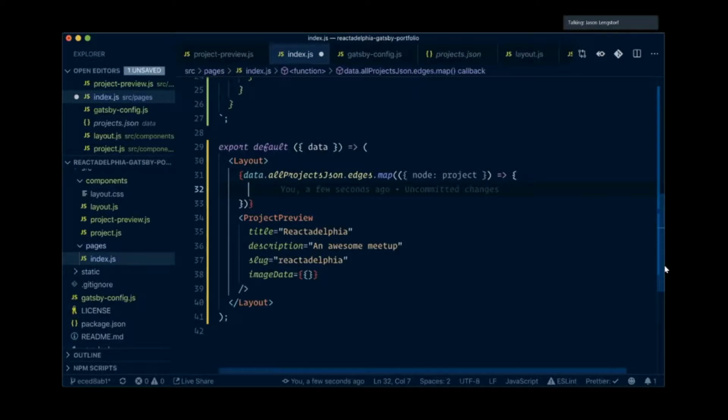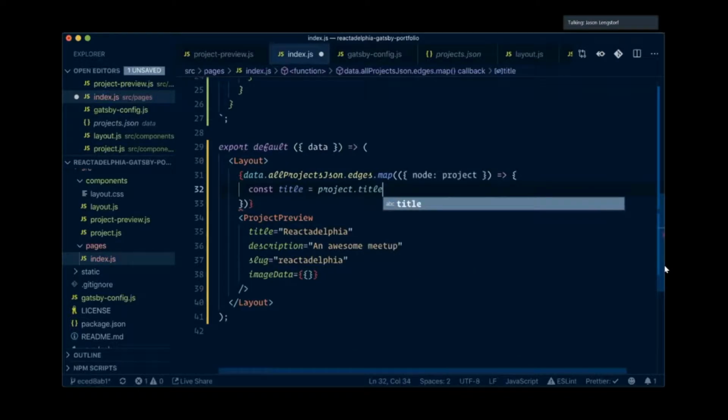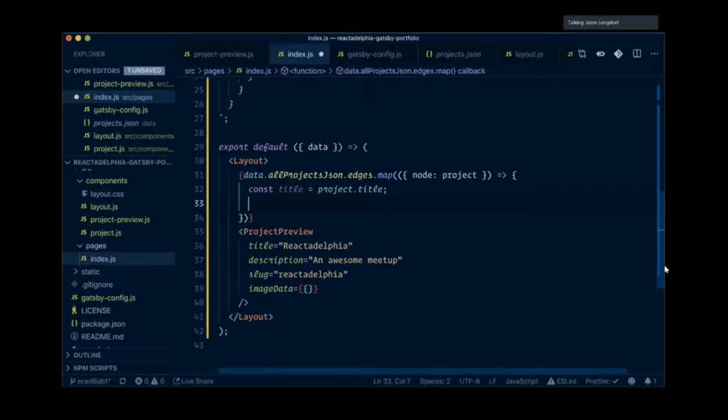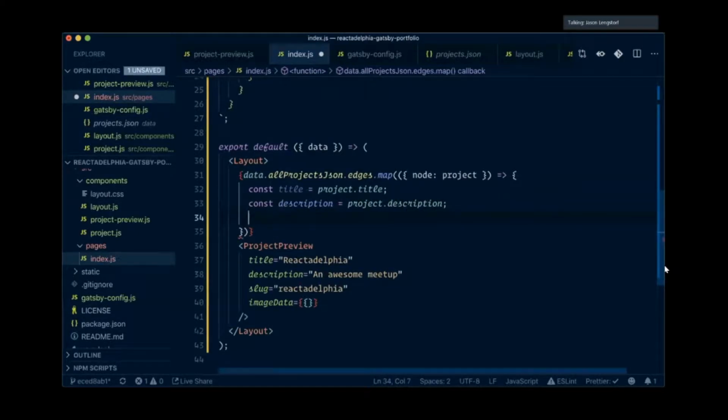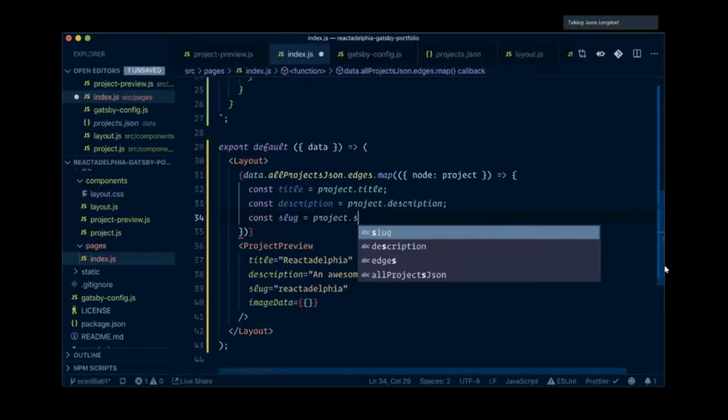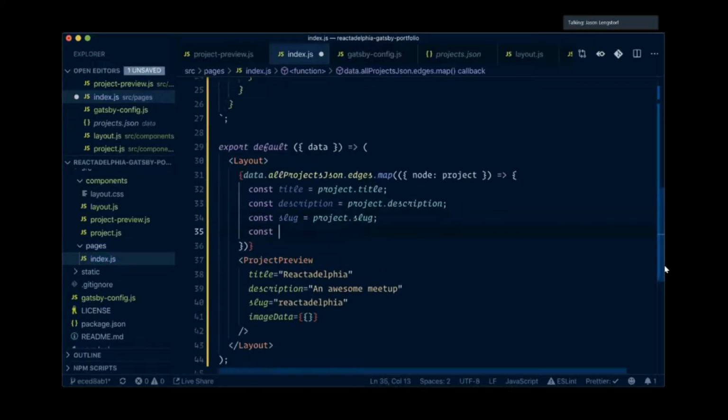I'm going to specifically call out each thing into a variable. So I'm going to do title equals project title. I'm going to do description equals project description. I can feel some of you just dying inside as I'm doing this. Slug, project.slug, and then we'll do image data equals project.image.childImage